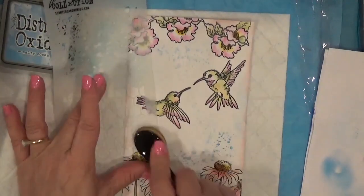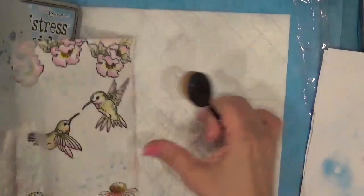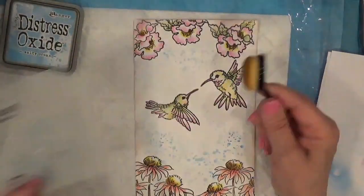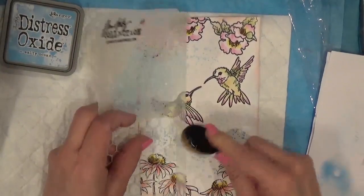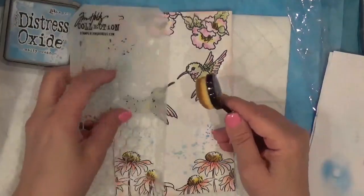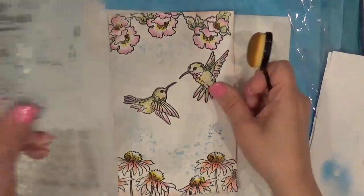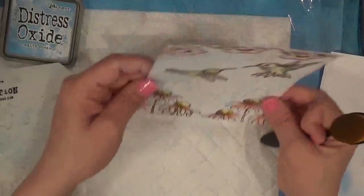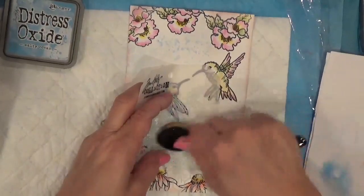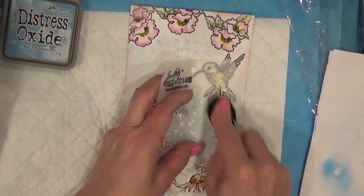Some more of it's like a honeycomb pattern. I don't have that much, and that's good because I don't want to put any on top of the birds. So I'm gonna keep on doing it with the little that I have so that I do not have strong color. Maybe a tiny bit in here, there and there. With whatever I have left,